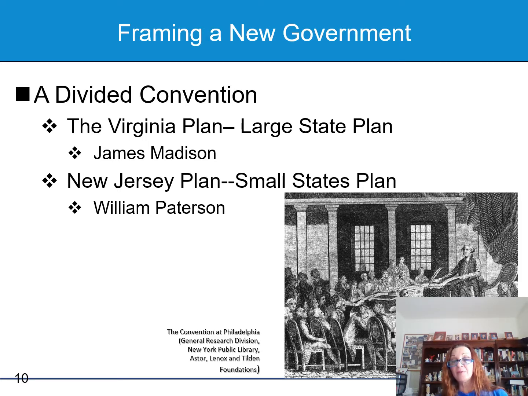And the Founding Fathers knew that these debates could become quite heated at times, so they decided very early on that all of the meetings of the delegates would be in secret. There'll be no press there. They closed the doors to the meeting hall. They even kept the windows closed so people could not hear the discussions going on, because they knew the discussions might get very heated,